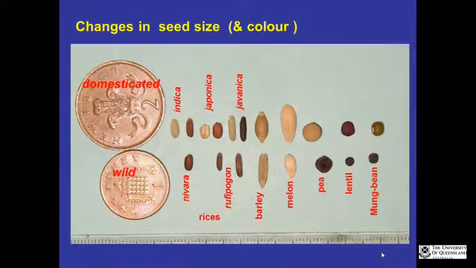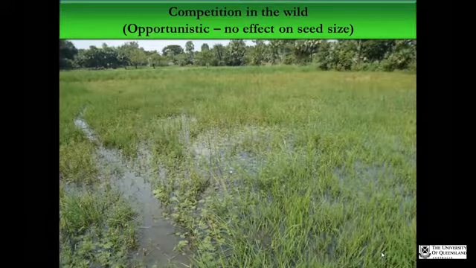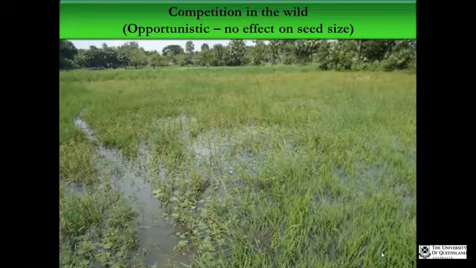And there's often a change in color, but we can't really see color archaeologically, so it's not so useful. But your wild peas and wild lentils and wild mung beans are all black, and the cultivated ones are often green or light red and things like that. But we can certainly measure grains and look for change over time. So those are the two main traits I'm going to look at. But the question you might ask is, why is grain size changing? Now, in a wild context,